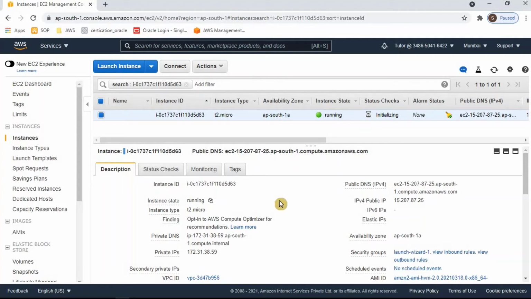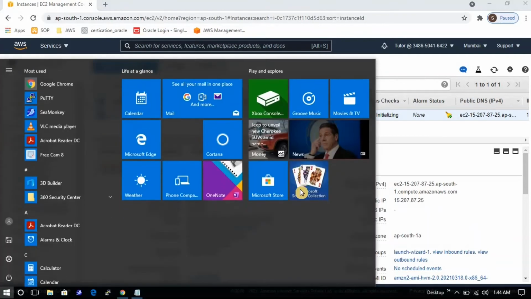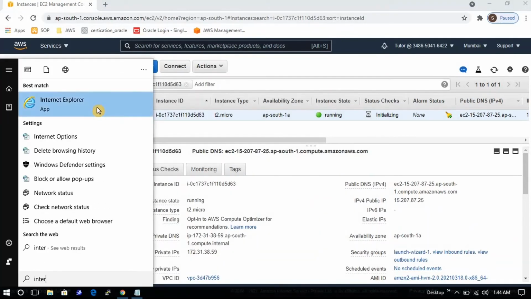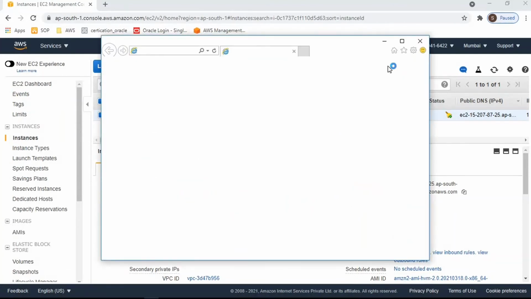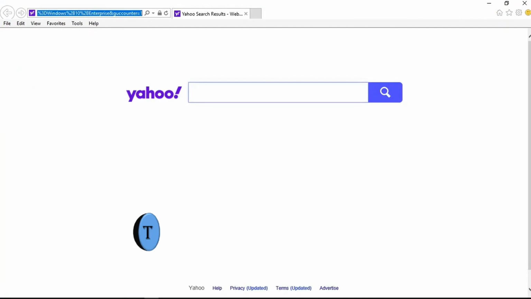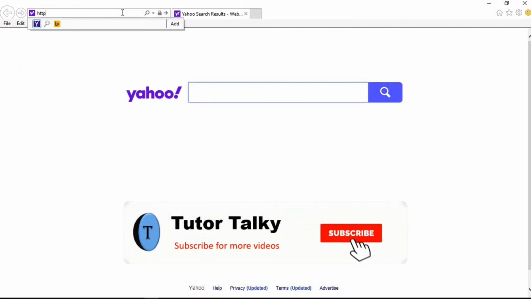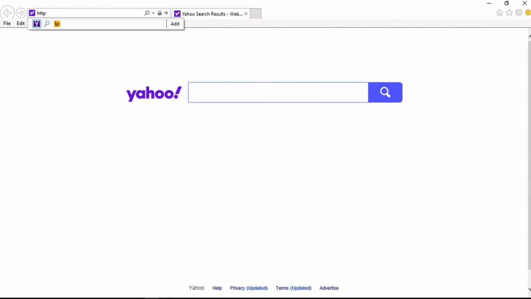Now we are going to check the application that was initialized while booting the instance. I am copying the public IP, opening the browser, using HTTP, and pasting the IP followed by phpinfo.php.